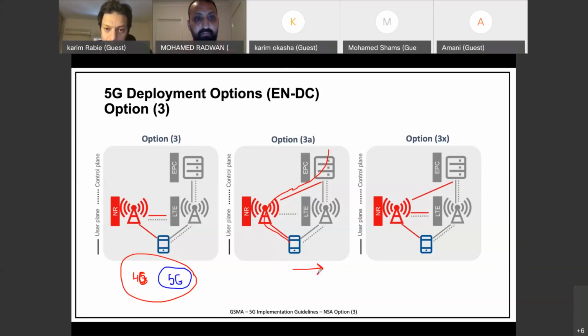Now you're under 4G. With no handover complexity, the EPC will just change your user plane termination, your downlink termination, from the new radio to the LTE, and the traffic will continue to go in this direction.